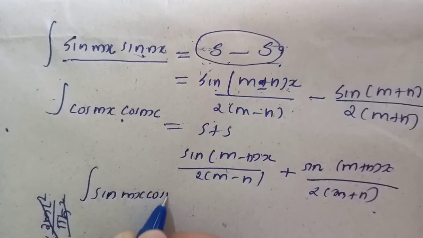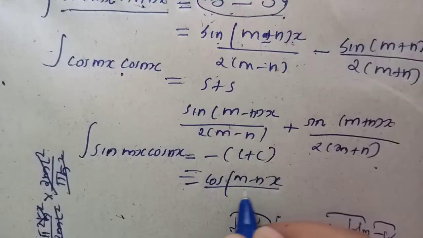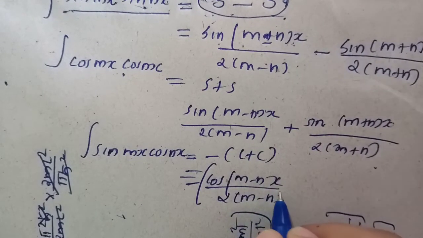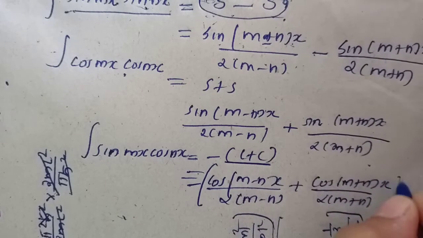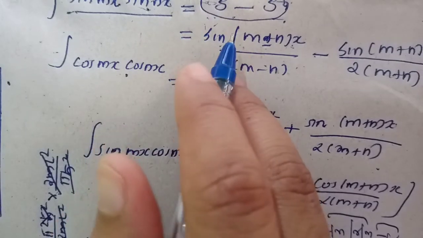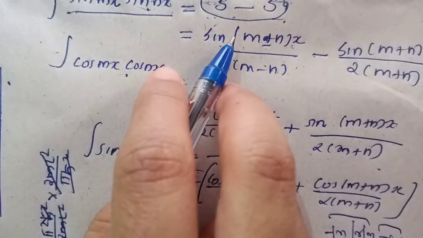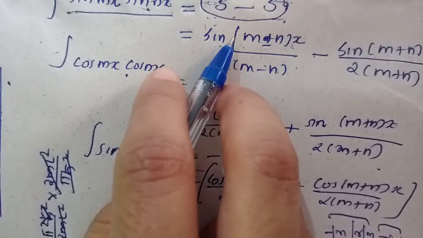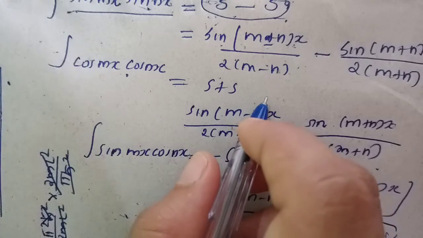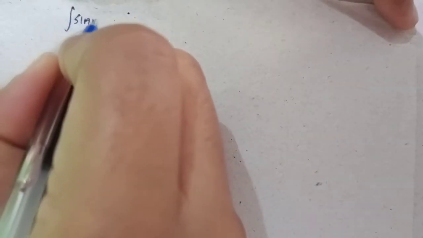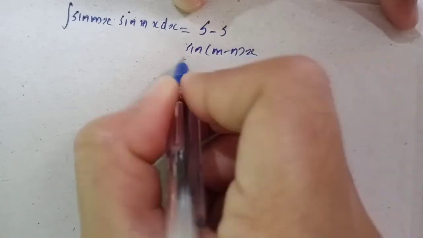Integral sin mx cos nx is equal to minus of cos plus cos, that is minus of cos of m minus n x divided by 2 into m minus n plus minus of cos of m plus n x divided by 2 into m plus n. So you got integral sin sin as sin minus sin, integral cos cos as sin plus sin, integral sin cos as minus of cos plus cos. You have to learn this by heart to get the probabilities. You can use this trick to find the probability. So you know that integral sin mx sin nx dx is equal to sin minus sin of nx divided by 2 into